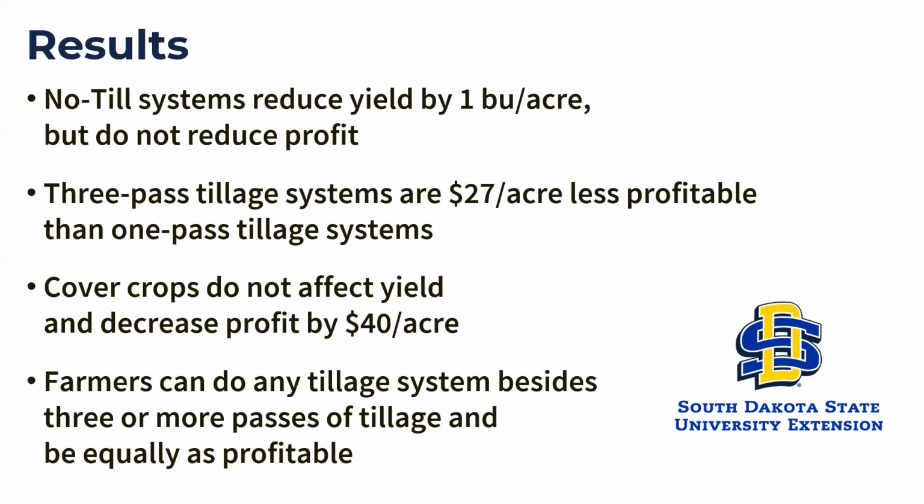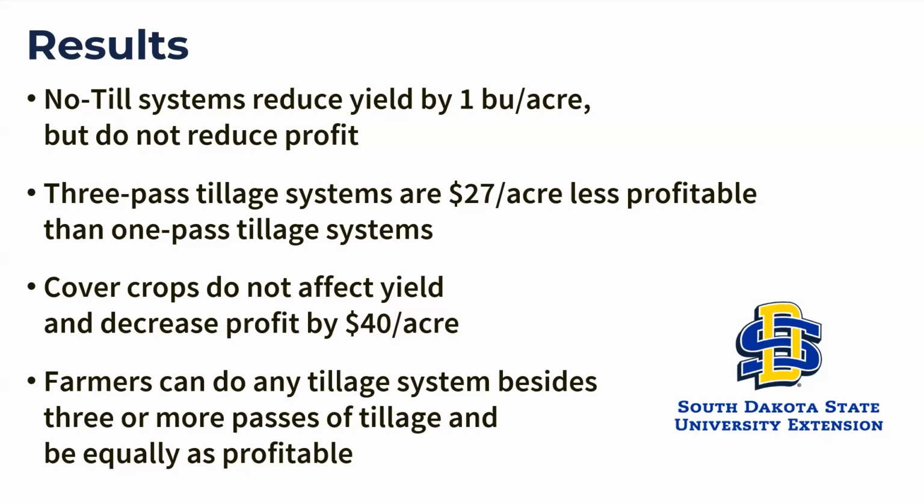they don't reduce profit. The only tillage system we found that consistently reduces profit is a 3-pass tillage system. So that reduces a farmer's profit by $27 per acre, less profit when comparing that to a 1-pass tillage system. And then 1, 2, strip till and no-till statistically all have the same profit. So you could do any of those tillage systems and receive the same profit within the results we found in